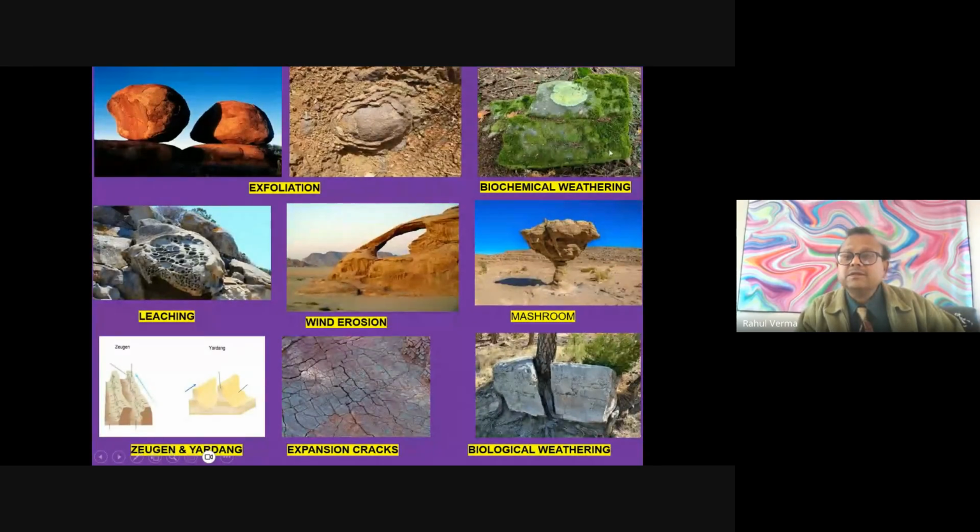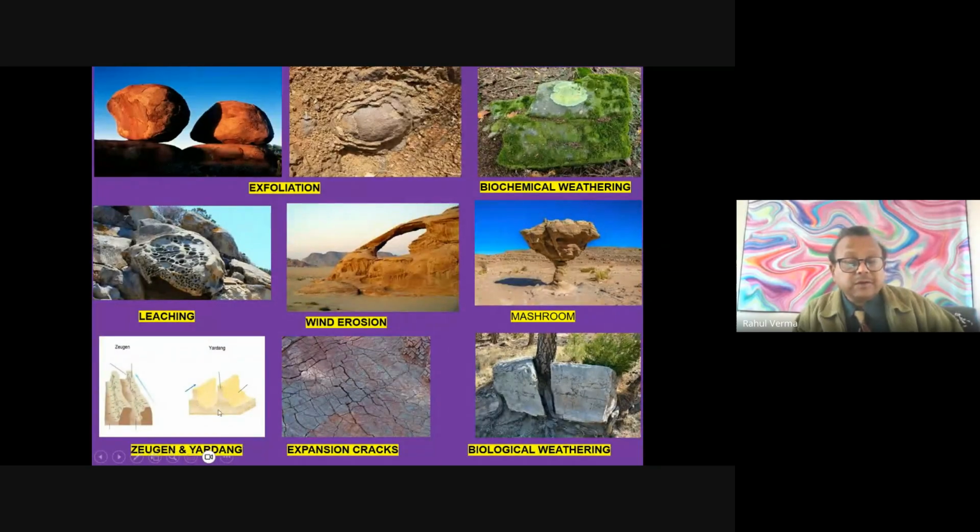And this is biochemical weathering. You can see fungal infection. Now this is leaching, and this structure is developed by wind erosion, just like a beautiful window. This part has been eroded by the wind, as the wind acts like sandpaper. Again, this is also a typical wind structure. This top part was more resistant, so it is still wider, but this part was less resistant, so it was eroded more. These are also structures found in deserts, zeugen and yardang.